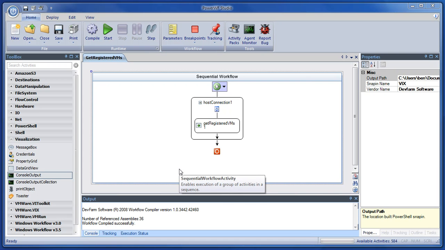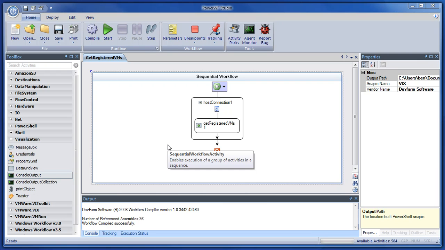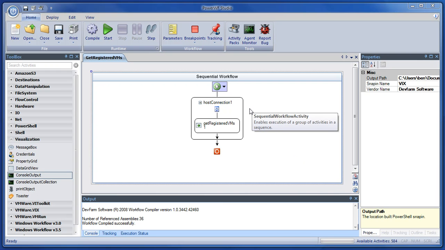All right, it's time for another demo. In the last demo, we took a workflow that used VIX libraries to do some work on my local VMware workstation, and we deployed that to a commandlet. I'll show you that again real quick, and then I want to show you how to deploy multiple workflows into